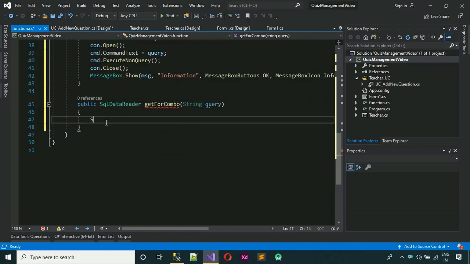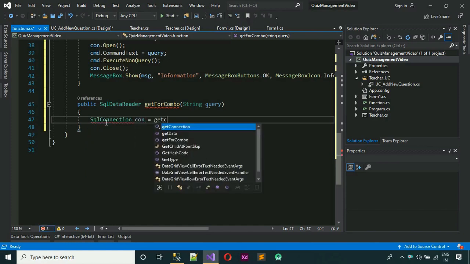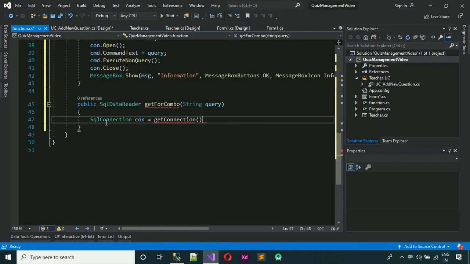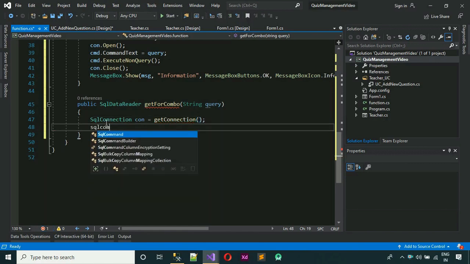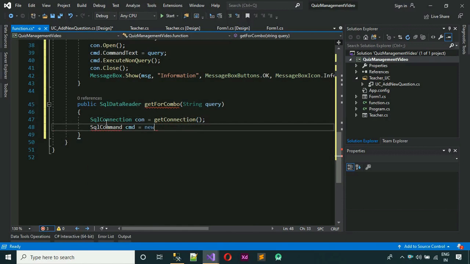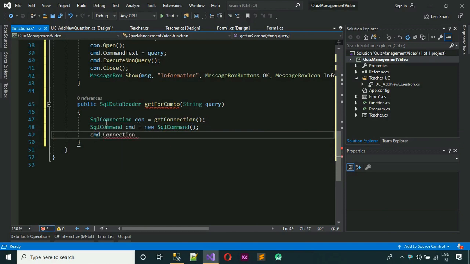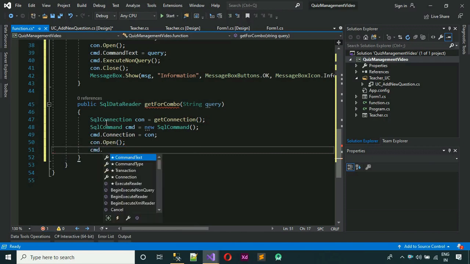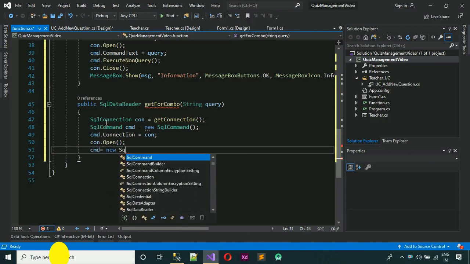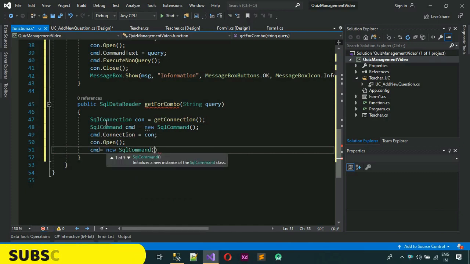Okay, so first I need one connection, SQL connection con is equal to get connection, like this. After this we have to write the SQL command, cmd is equal to new SQL command, cmd.connection, and we have to pass the connection con. After this we have to open the connection con.open like this. cmd is equal to new SQL command. We have to pass the query and connection